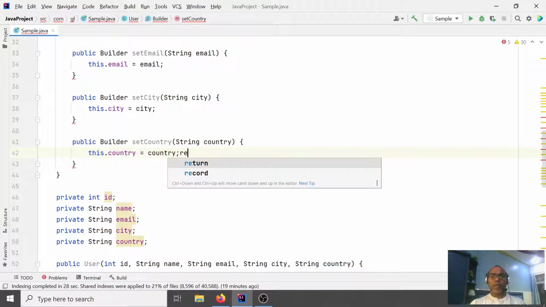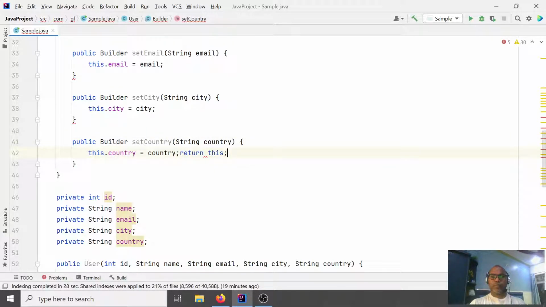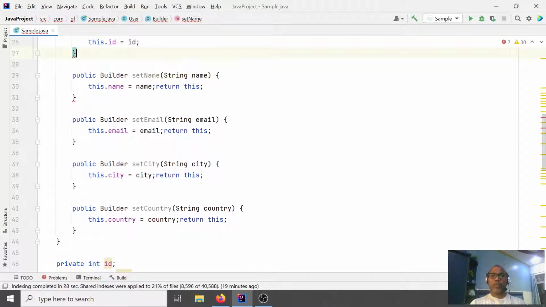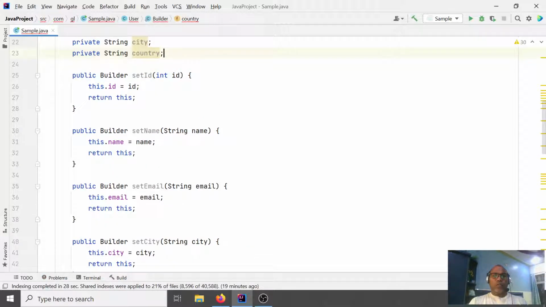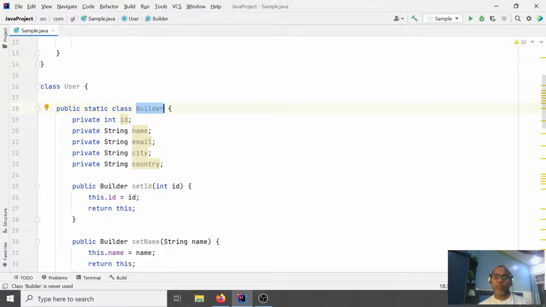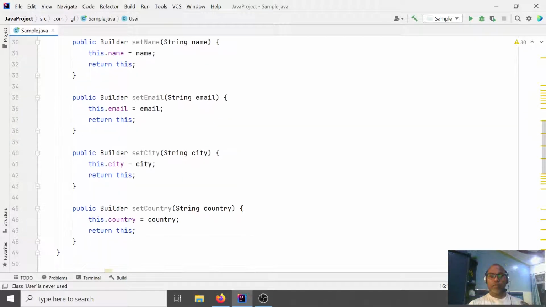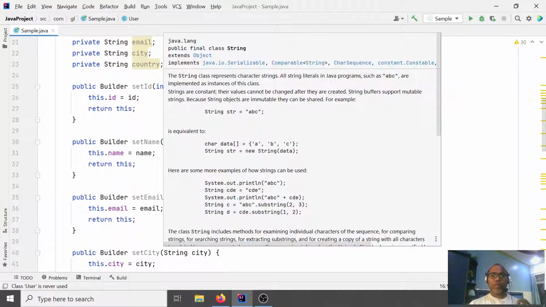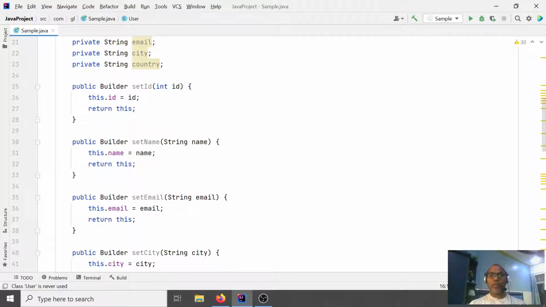This should be like a return this. So now you are writing a separate builder class. It has the same number of attributes that your main class User needs, and you are just setting each attribute and returning the builder itself.